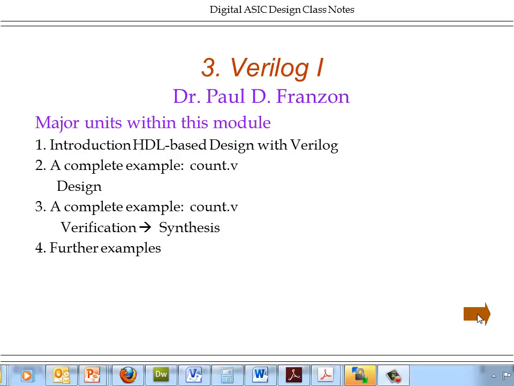Hello and welcome back. You might recall we are partway through this Verilog1 module, which in turn consists of 4 units. The first unit is just an introduction to HDL-based design. This second unit is meant to be a complete example, designed from the ground up, a simple counter. And then in later units we'll go through verification and synthesis. The idea again is to give you a complete view of the entire design, verification and synthesis process from start